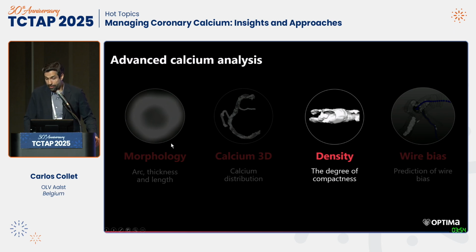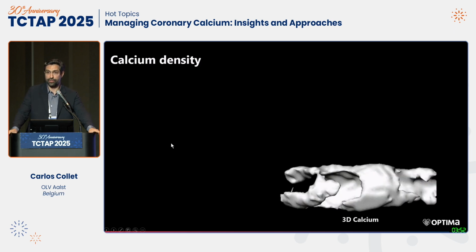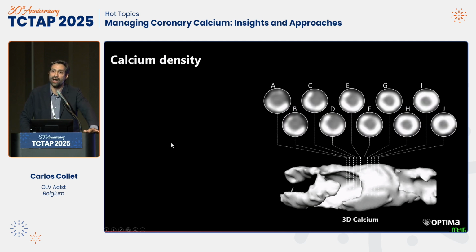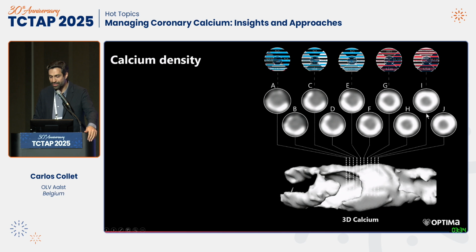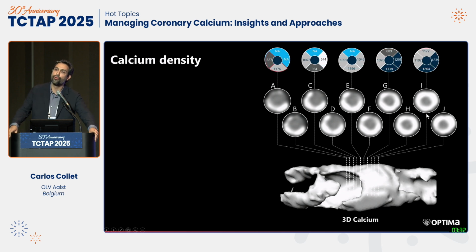Now, by far, the biggest advantage of CT today, something we are very busy validating, is the fact that you can not only understand the arc of calcium, and I'm going to bring your attention to cross-sections F, G, H, I, M, A, V, J, and all of you will say, that's a circumferential classification. And that is true. But if you start seeing not the morphology, but the density of the calcium, then you